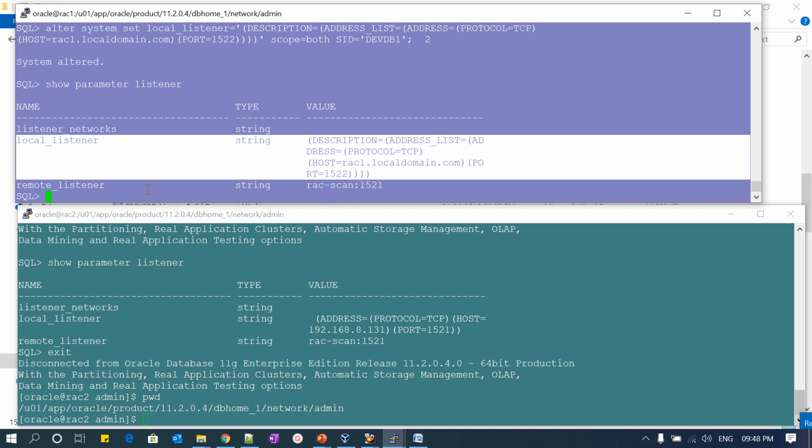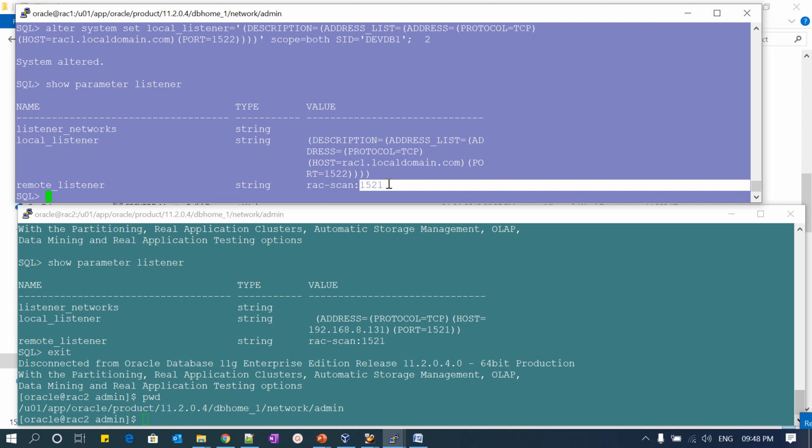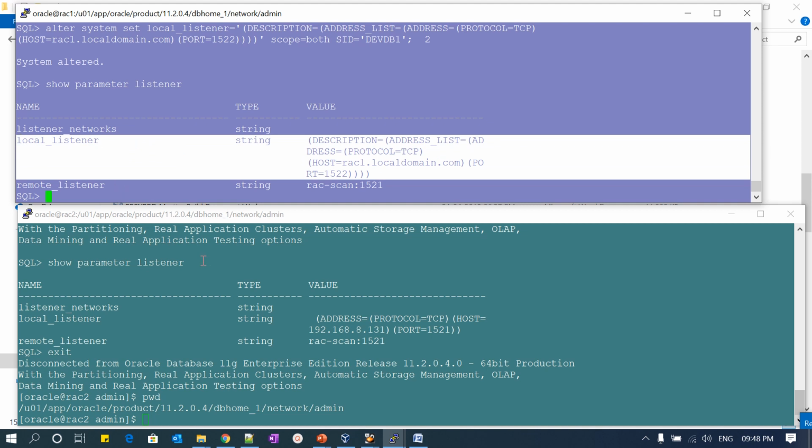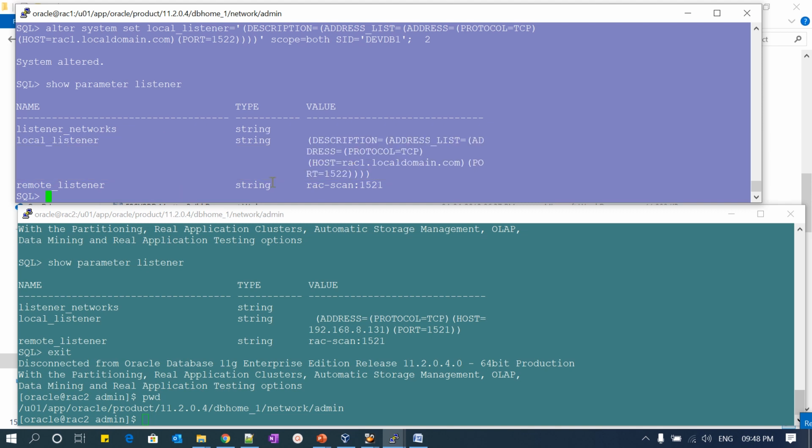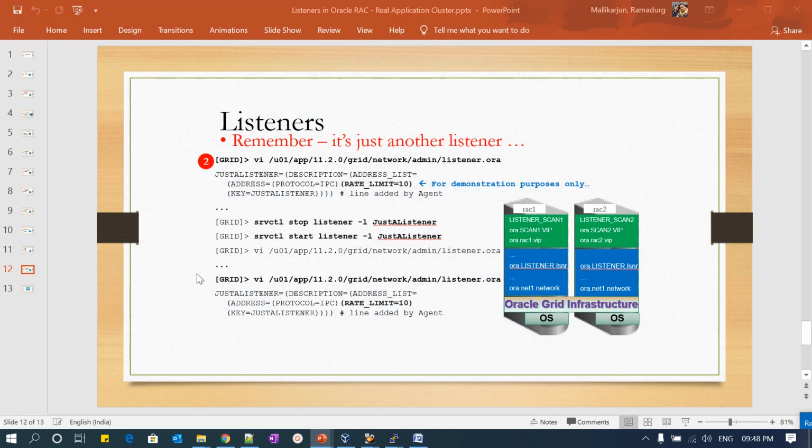You can have a different port for the RAC listener, that is the scan listener. The default will be 1521 and then you can change it to any port, and the scan local listener also will be configured by default with 1521 and that also you can change to any required port. So that is the difference between the remote listener, that is the RAC listener, and the local listener, which is particular to the database listener. Okay, so this is for today's session.